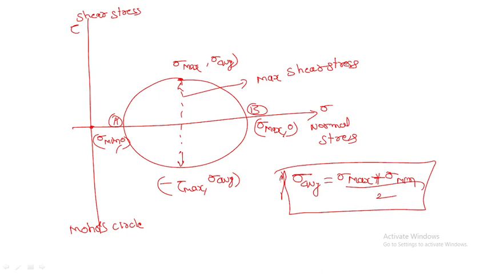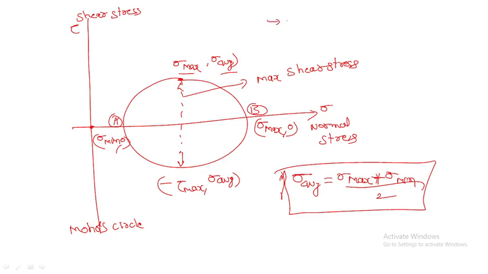See, every point on the circle we can say is a stress, as point A and point B. The shear stresses are 0 and the normal stresses are maximum and minimum. These are the maximum and minimum values, I am just indicating that. So the minimum and maximum normal stresses are called principal stresses.